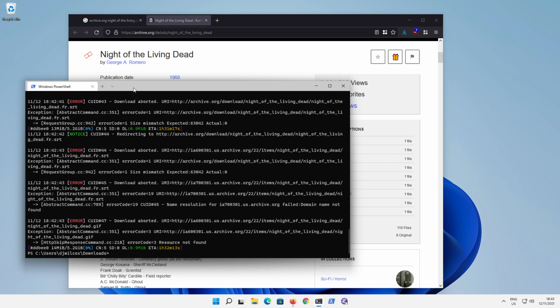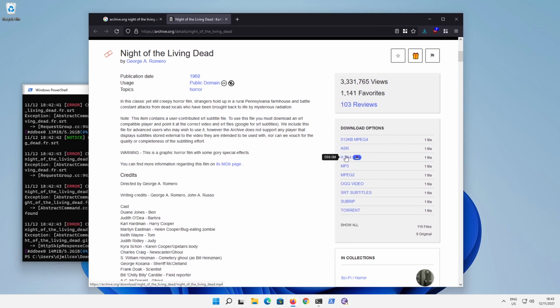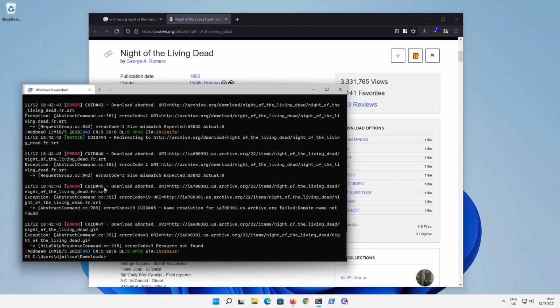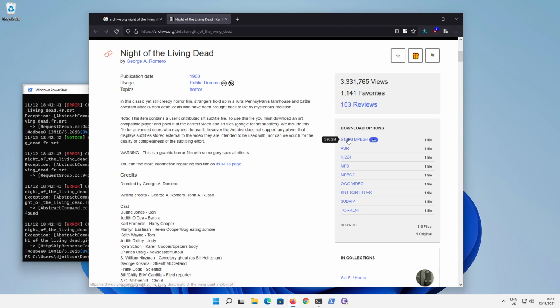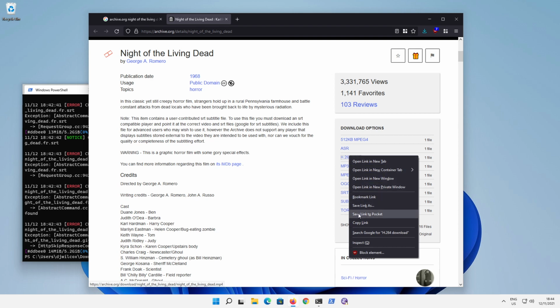But with aria2, if you've got a direct file link, you can download that as well. You can either run yt-dlp and give it the video link. As you can see, this is a link to an MP4, and yt-dlp will hand that download off to aria2. But you can also just run aria2c and give it the link, and it will kick in straight away. So if I copy this link here,